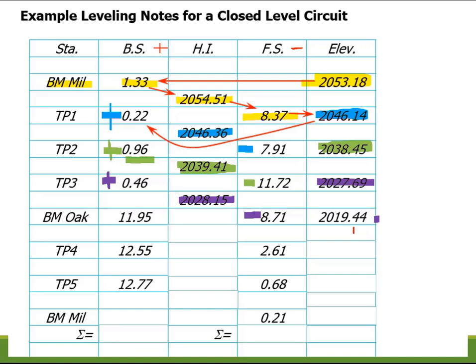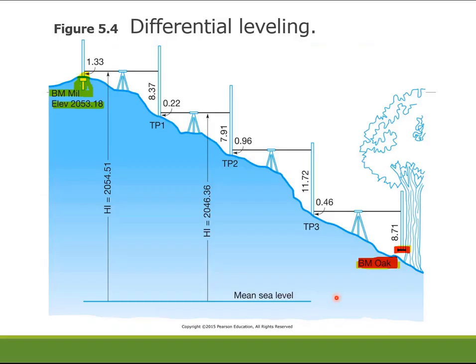So this benchmark elevation, the benchmark at the base of the oak tree, based on that last foresight of 8.71 feet, is going to have an elevation of 2019.44. So this established benchmark elevation is determined to be 2019.44